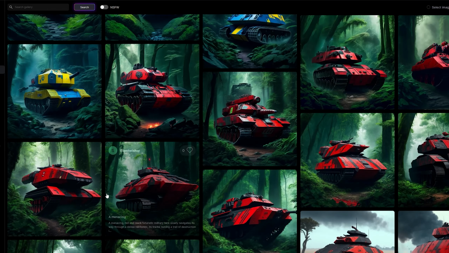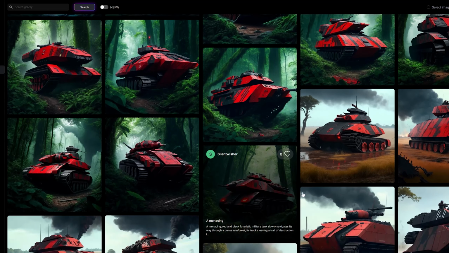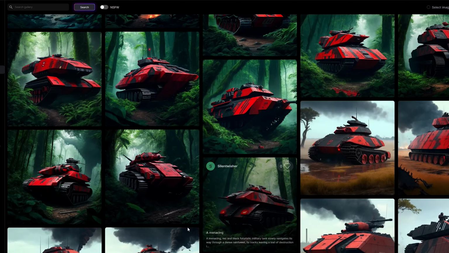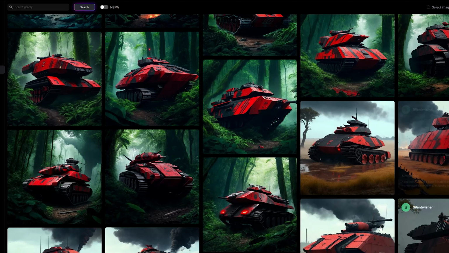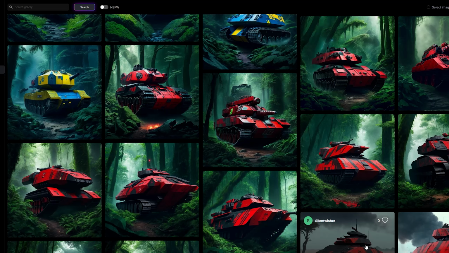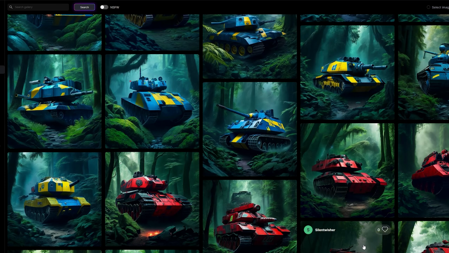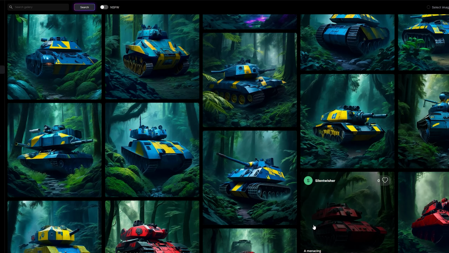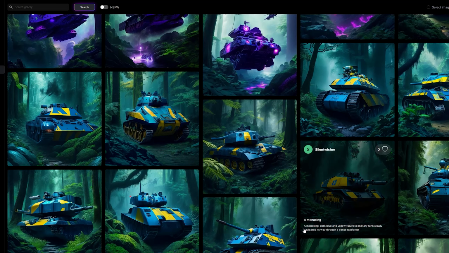Sorry about that. So with these, the prompt was: a menacing red and black futuristic military tank slowly navigates its way through a dense rainforest, its tracks leaving a trail of destruction in its wake. So same prompt basically as the other one, except slightly changed to incorporate the more lush forests. And then the same thing, the only difference here with the prompt is changing the color scheme. So from red and black paint to yellow and blue paint for the New Conglomerate faction,